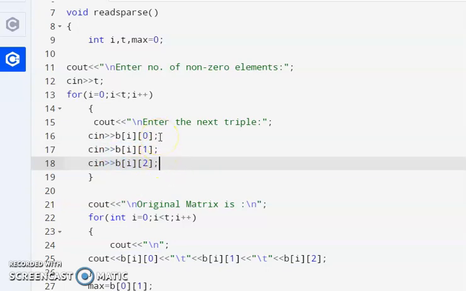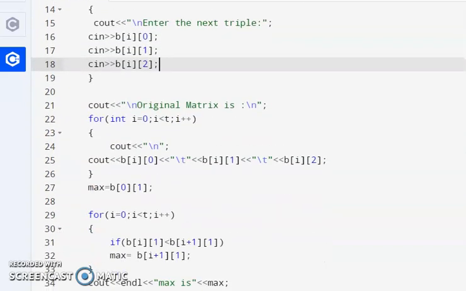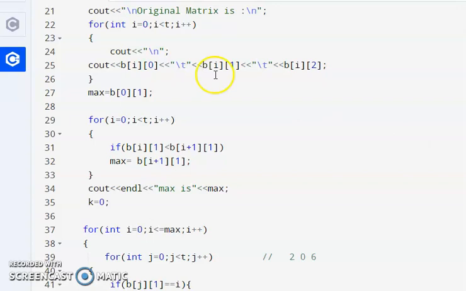We are not considering the zero elements, we are only inputting the non-zero elements and their index values. So the first value will be the row value, the second value will be the column value, and the third will be the non-zero value.